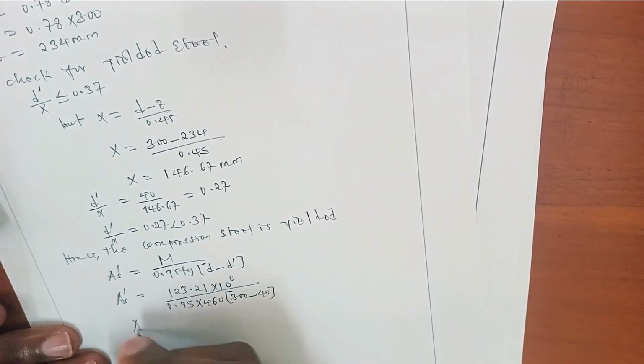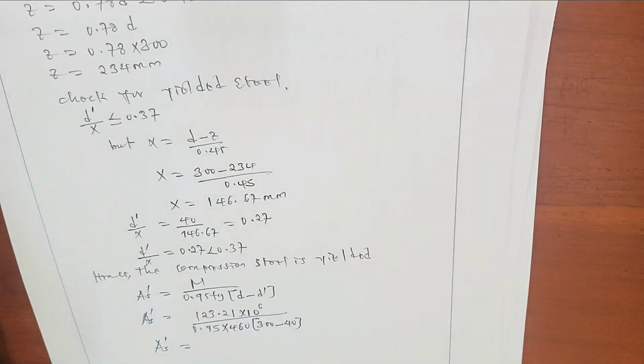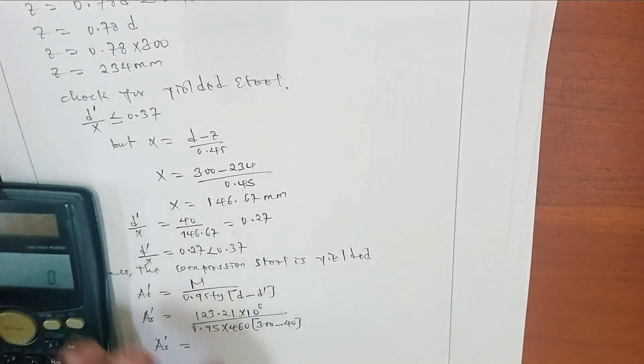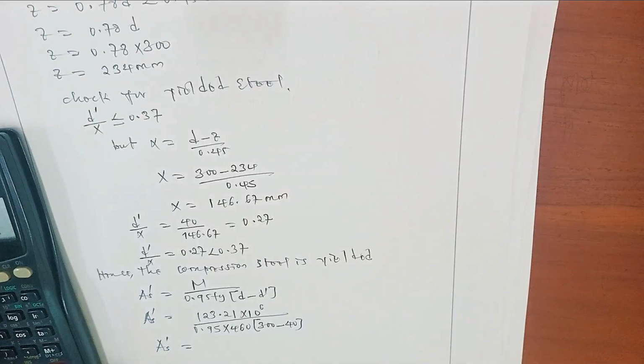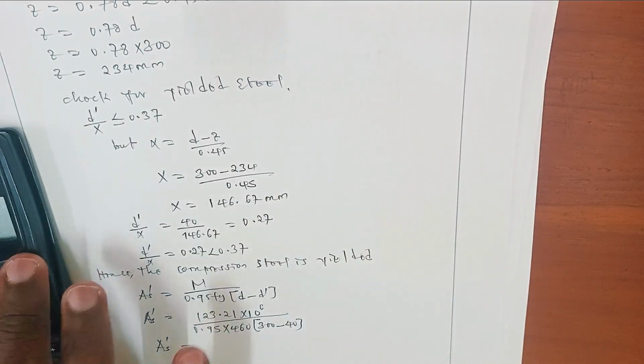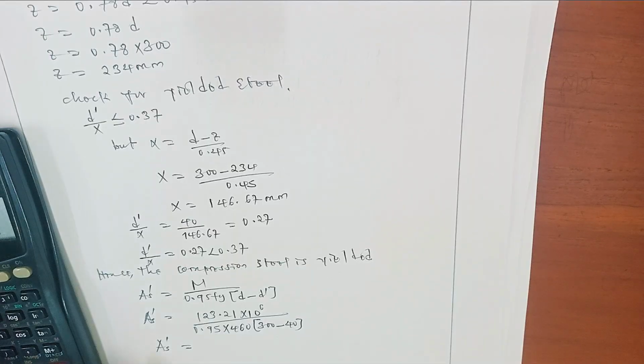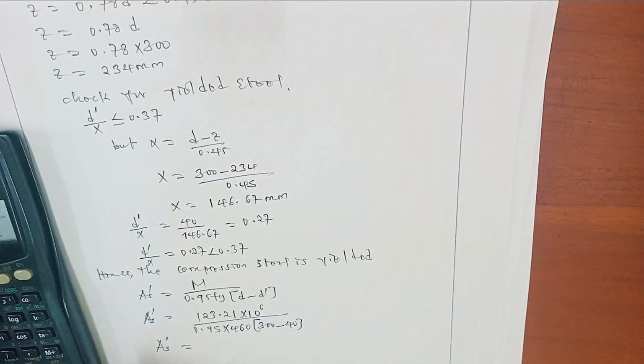So the area of compression, it will be equal to, now let's compute this one. 123.21 exponent 6 divided by 0.95 times 460, 300 minus 40, it will be equal to,